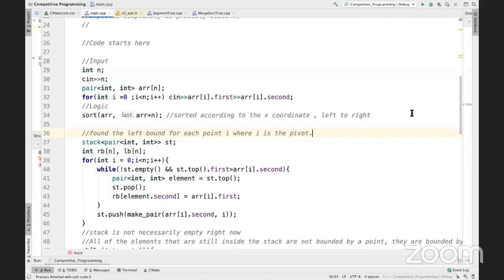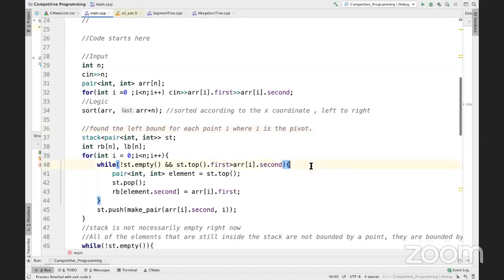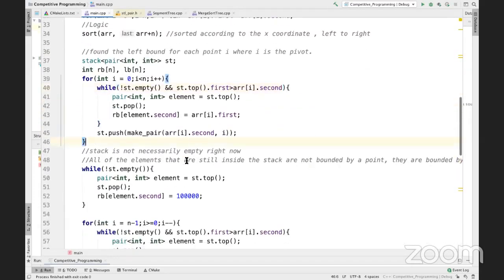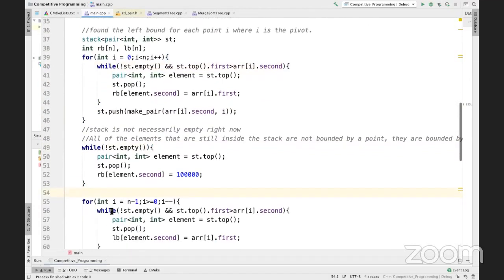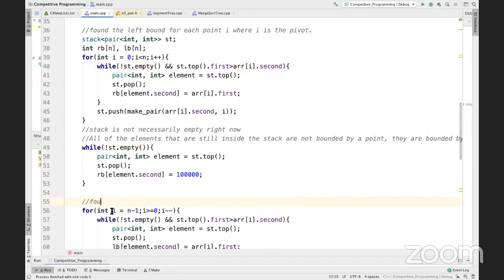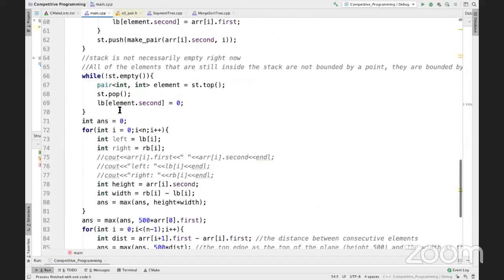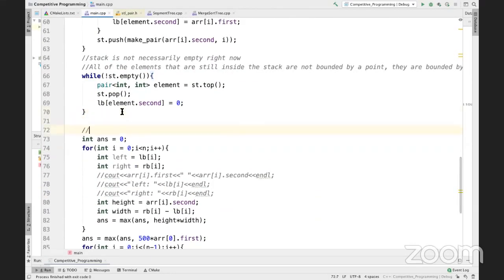I've attached the algorithm to do this in the link in the chat. Then over here we found the right bound for each point I, where I is the pivot. And over here, using the left bound and right bound to get the left and right points of the rectangle,